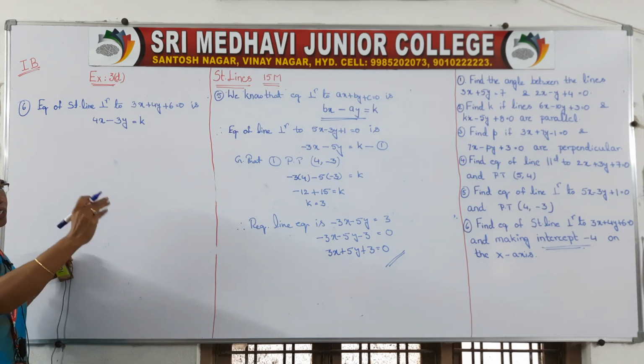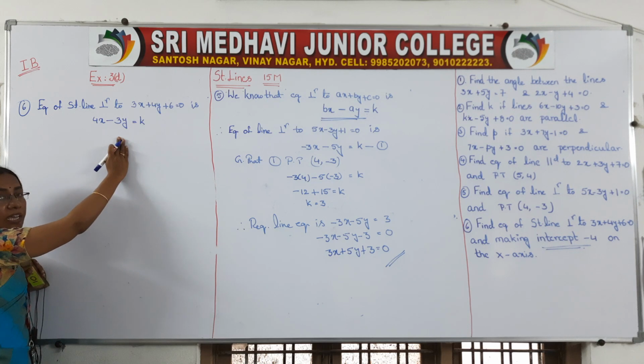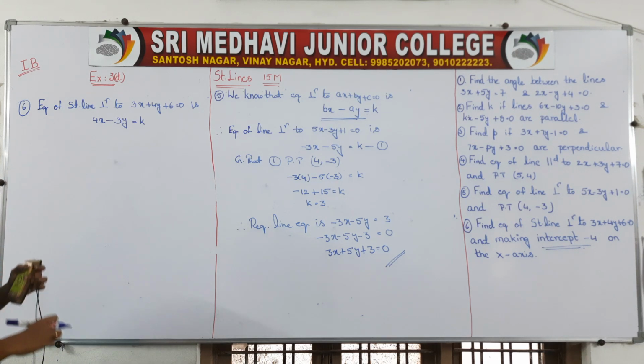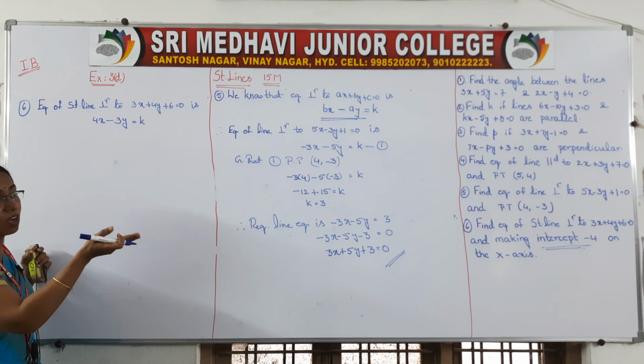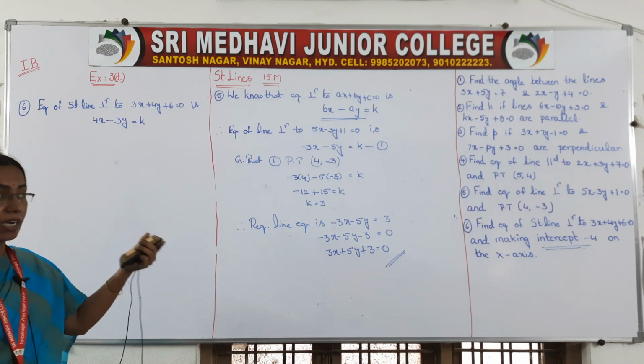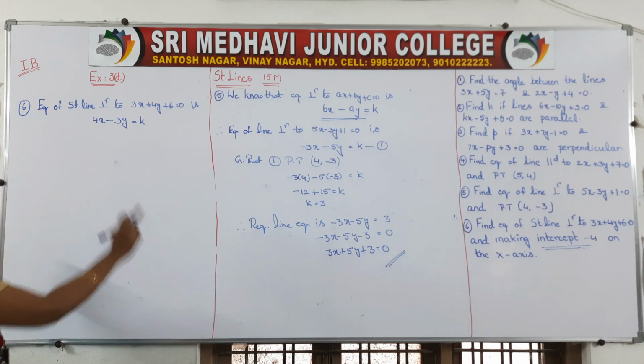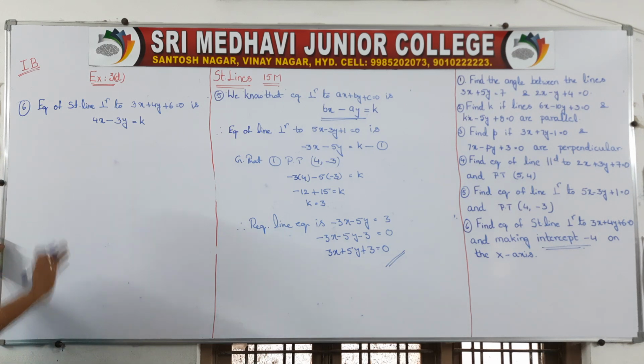Okay, so find the equation of the straight line perpendicular to this and making an intercept. So this is only the perpendicular line, but we have to take the intercept on the x-axis as minus 4. In the question it is given that the perpendicular line makes an x-intercept of minus 4. So you have to convert this line into intercept form. Already we discussed in one full class transforming the general equation into intercept form, slope intercept form, like that we discussed.